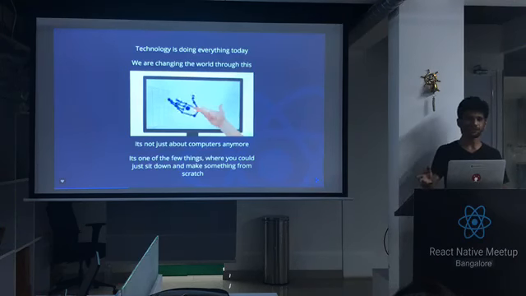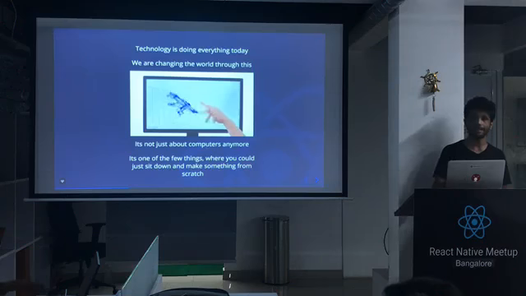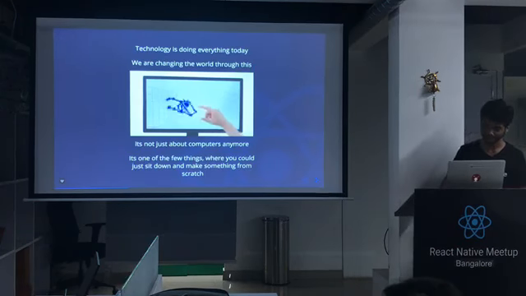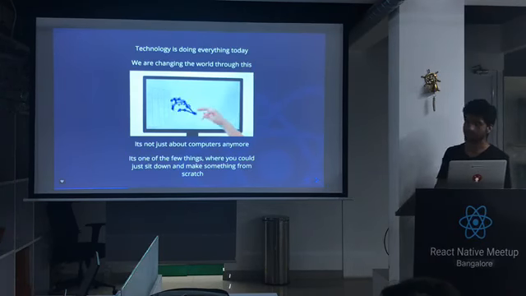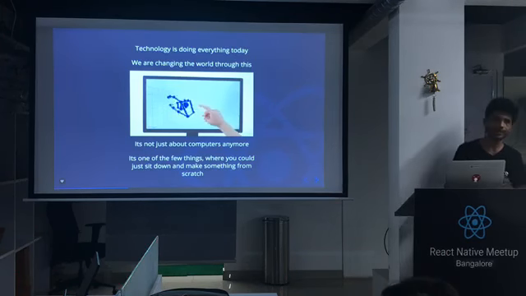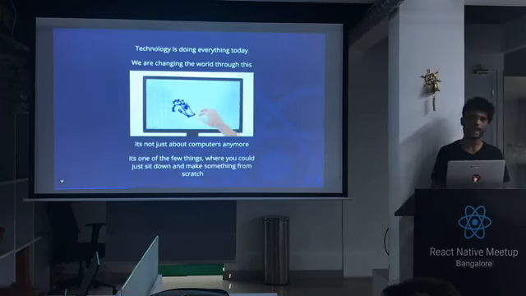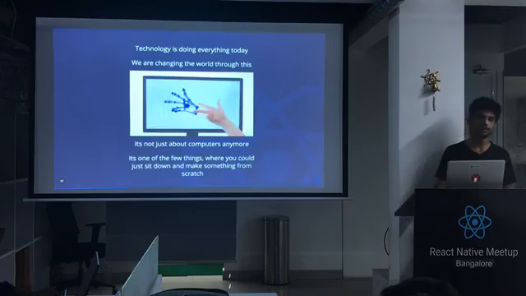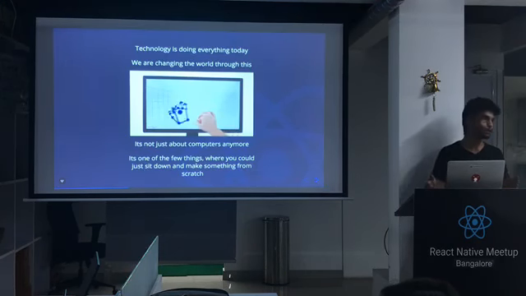It doesn't sound so cool if I say it that way, but actually it's the foundation of a scientific revolution. That's because you can actually understand what effects the brain has on maybe aging or genomes and stuff like that. And science and technology is one of the few things where you can just sit down, make something from scratch, and then have it in your hands. And press a button, have it in millions of people's hands. So we are, I guess, the first generation who are experiencing this kind of power. We have more power than the President of the United States had a few years ago.